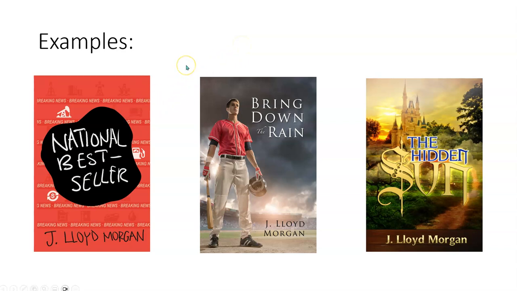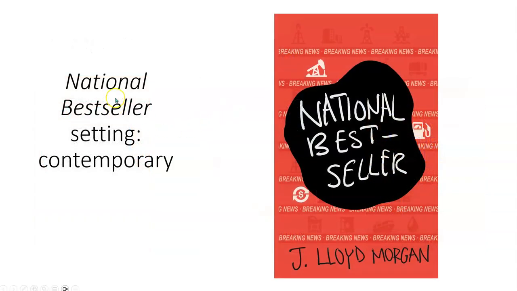It's just for me to be able to actually say what the author meant. Well, I'll tell you because I am the author. So we're going to look at the different books really quickly and the approach that was taken as far as setting, based on the story. The first story here is National Bestseller that we're going to talk about. This actually came out in 2020.